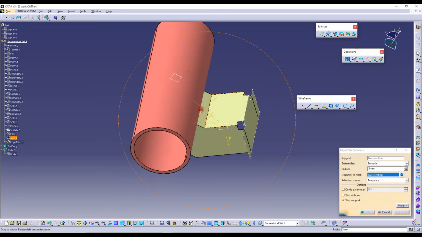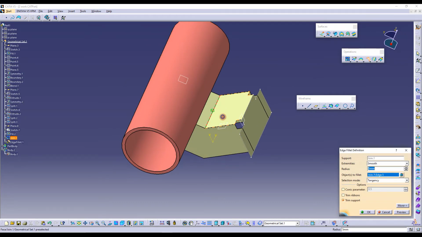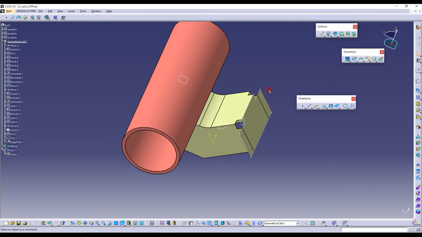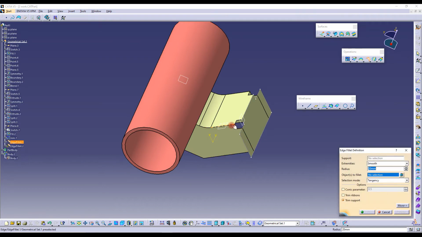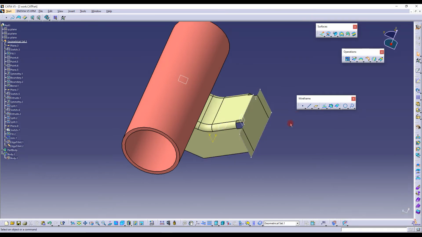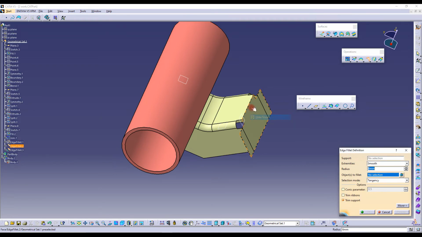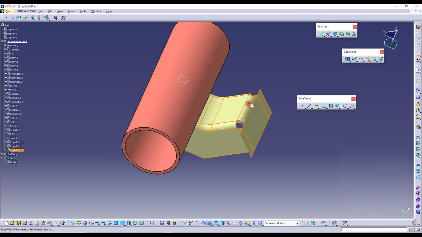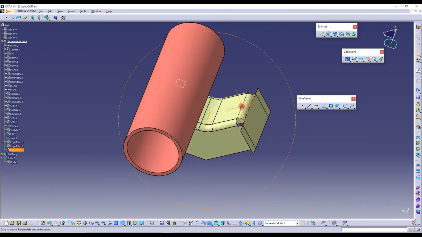Go to edge fillet, give this fillet first, let's give it a 20. Then we will give this as 6, fillet is 6, and also this one as 6. And now we will just